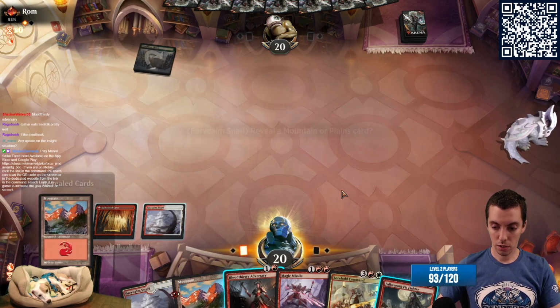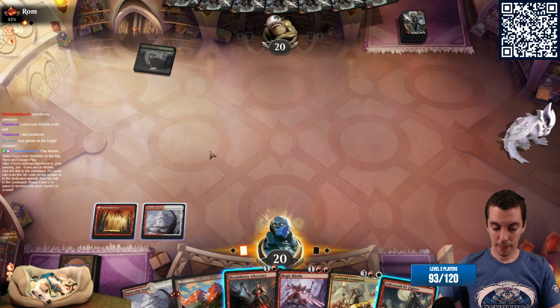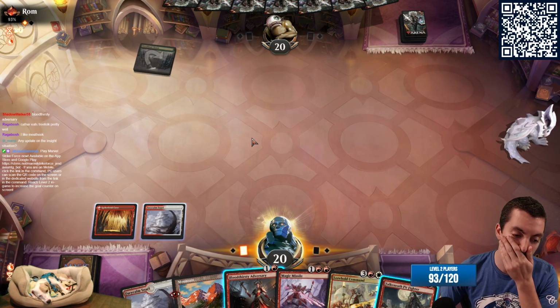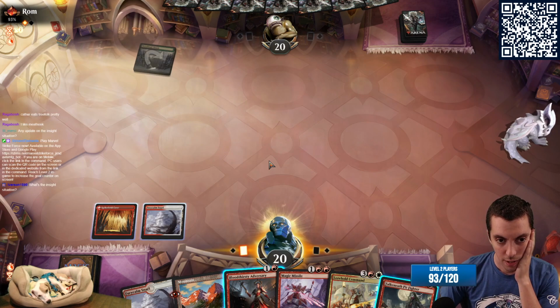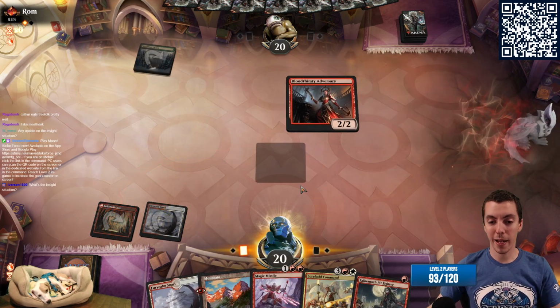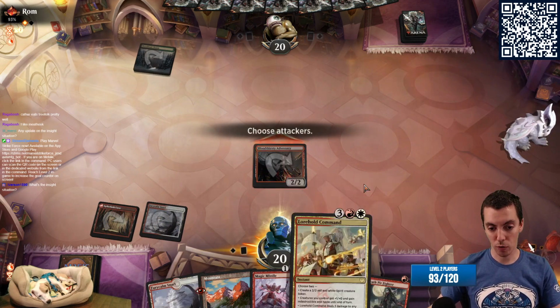Snarl. There's certainly an amount of wanting to just hold this and kick it for value. It could get in for a lot. I'm just going to play it. We also have Lorehold Command to top out, too. We can just Lorehold Command, make a creature haste attack, so...